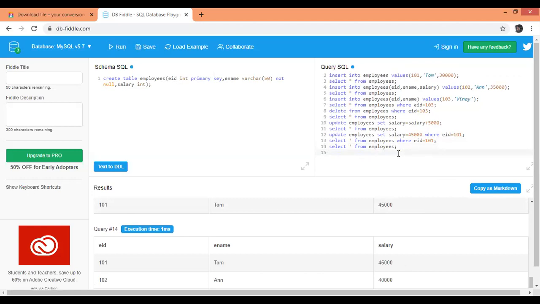Now this was all about the DML, that is data manipulation language statement commands. So let's go back to the delete command again. As I mentioned, for the delete from employees, if we mention the where clause, that particular record gets deleted. Now what happens if we skip the where clause? Delete from employees, I'm skipping the where clause.